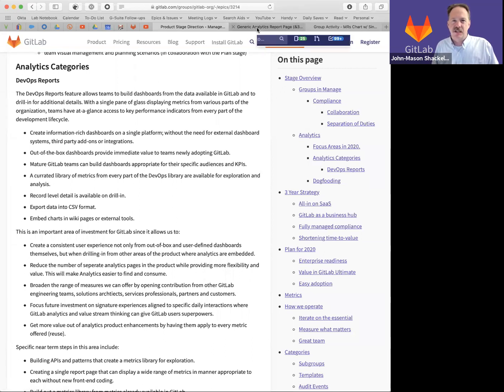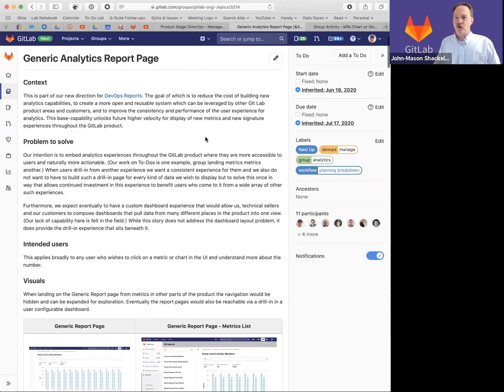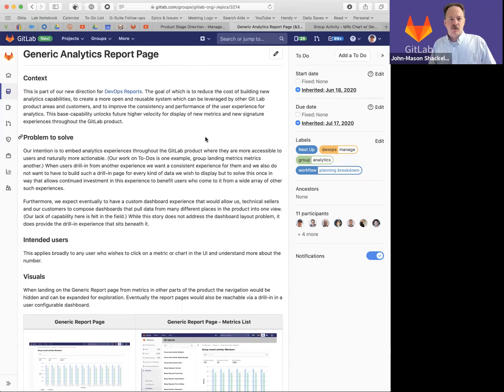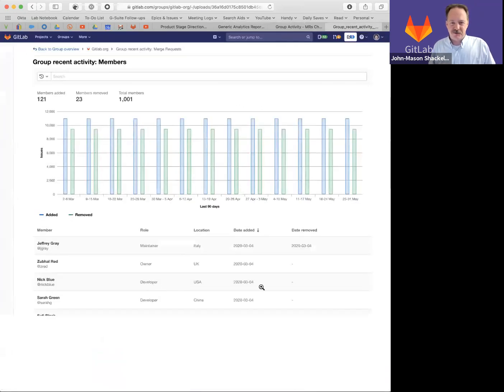Next, I want to take you to the idea of what we call a report page. So what is a report page? Well, a picture's worth 1,000 words, so let's start there. So a report page is just a page focused on a given metric. It might be talking about how many members are added to a group, or what has happened to my test